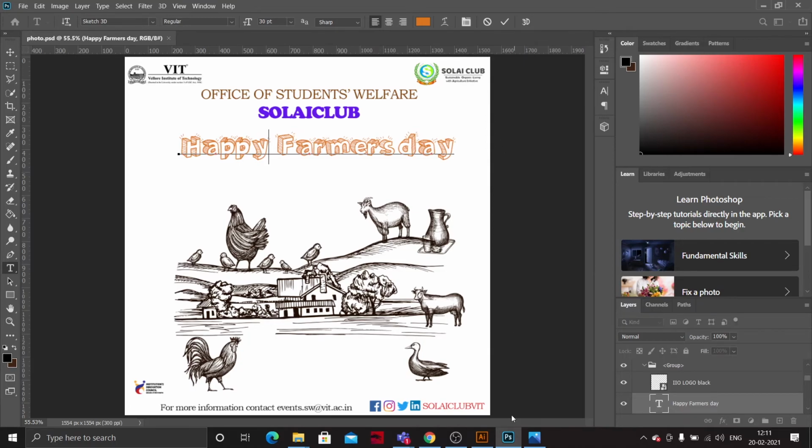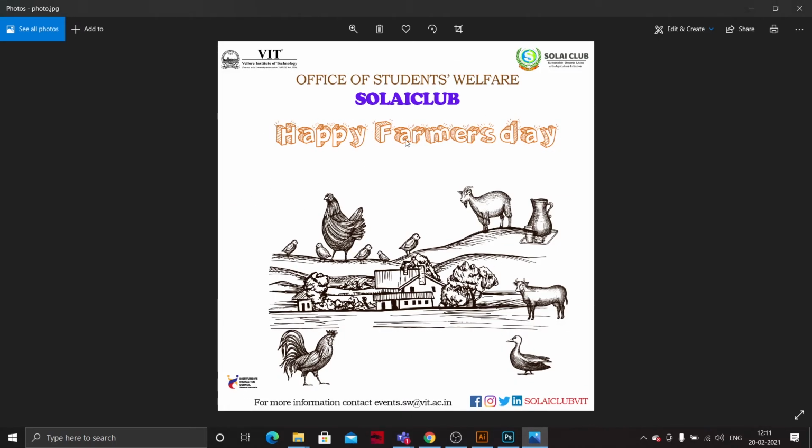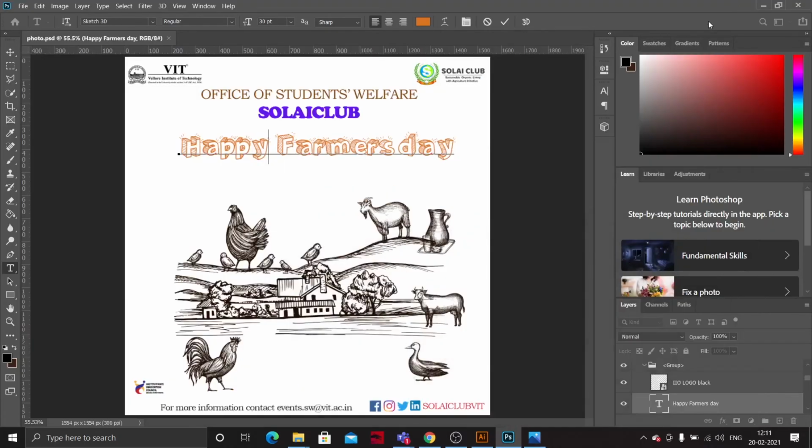If you don't have it, you have to brush it off and add some other text, and it will take a lot of time. So my suggestion is to save the PSD files till the event completes, because after the event no one can ask you to change, right? That's the main issue. And that's it, how to make it and all, everything is okay in Photoshop, right?